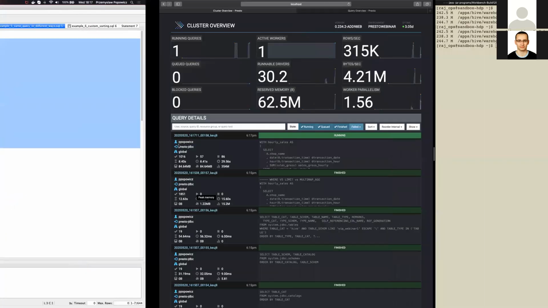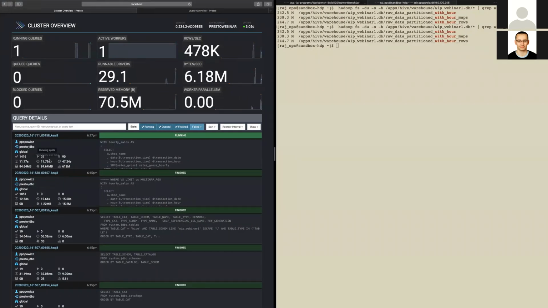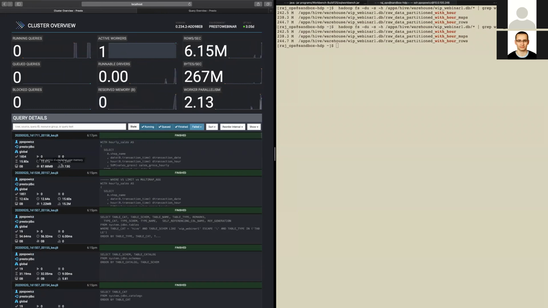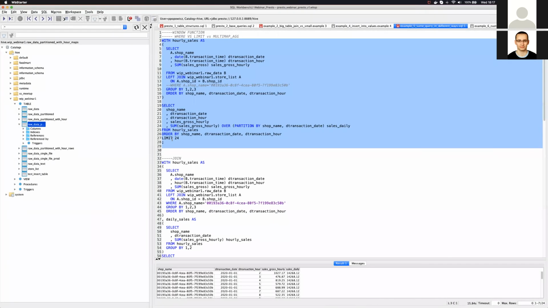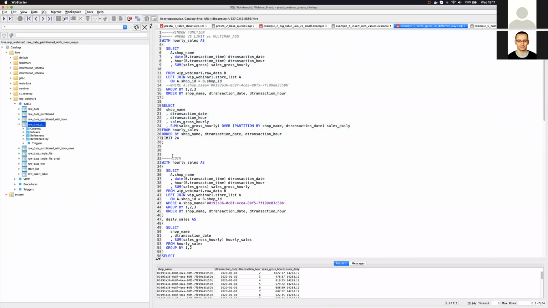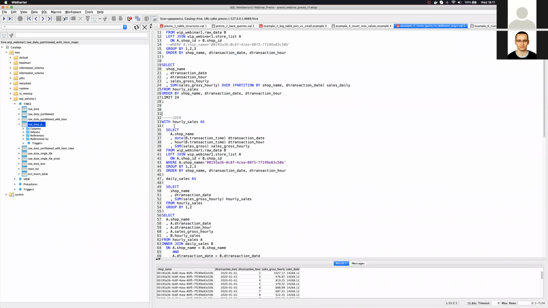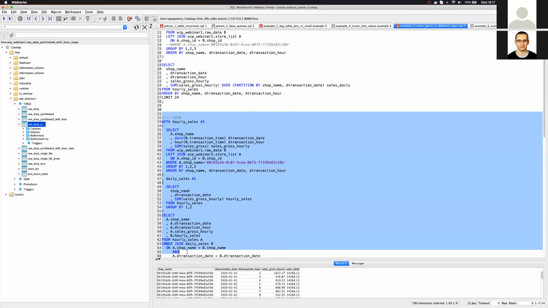And then if we look at the UI, we'll see that this one will take lots more RAM because it's basically processing more data. If you are issuing these kinds of queries in other engines, you probably don't have visibility into the resource consumption. And here everything is explained quite easily and understandably. So let's now issue the join, and let's see